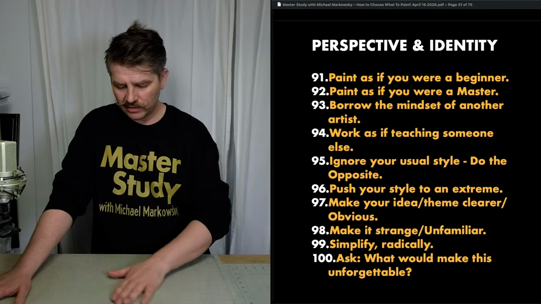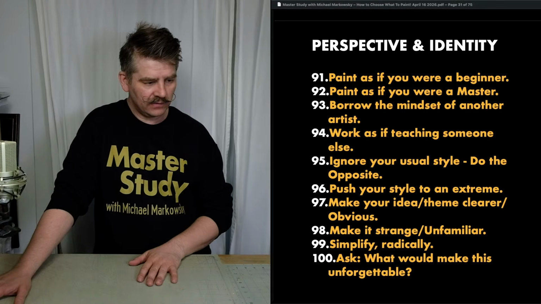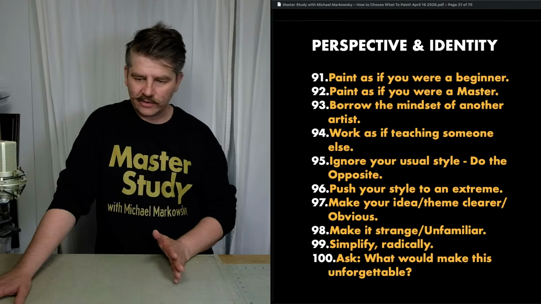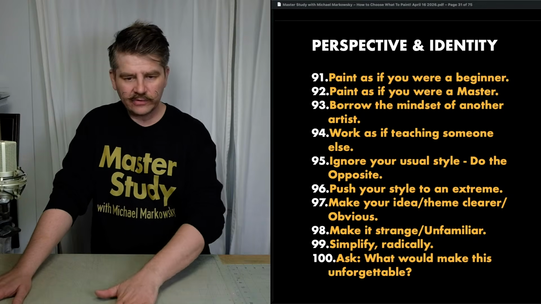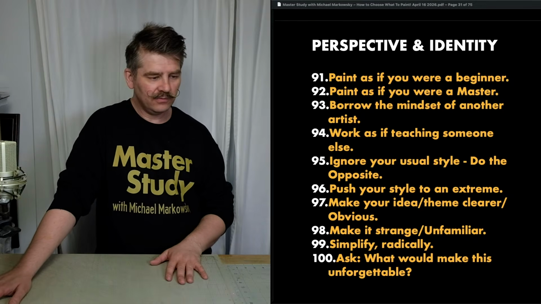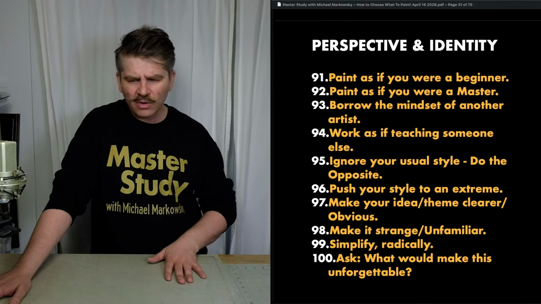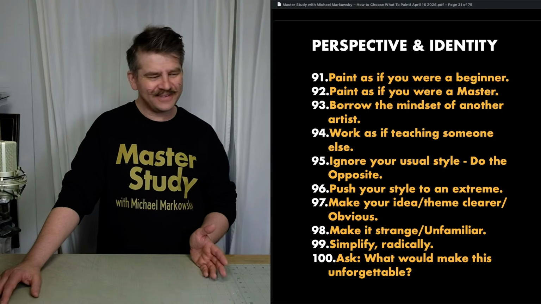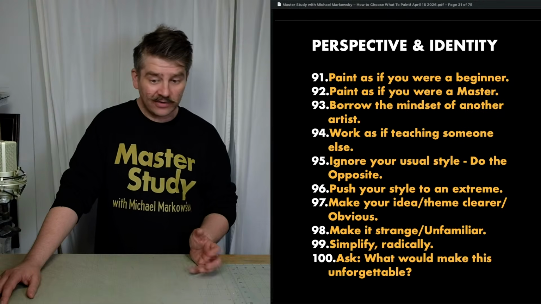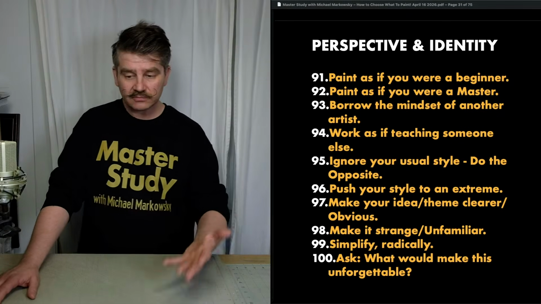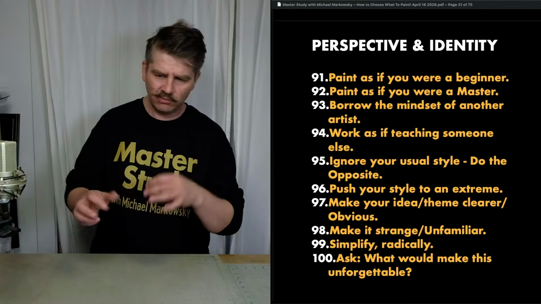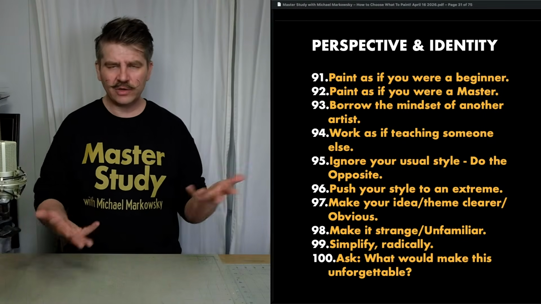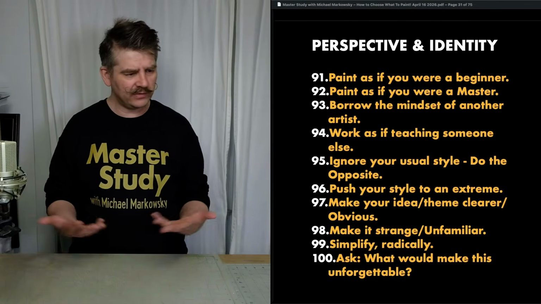Maybe the title, I mean, it's just a picture of a dog, but the title is, I don't know, the dog that saved my life, right? And so somebody looking at it is like, whoa, what's the story of this dog that saved your life? Now it's unforgettable. They want to talk to the artist, and they want to look up how this picture of it, why is this, it's just a picture of a dog, but it says it's the dog that